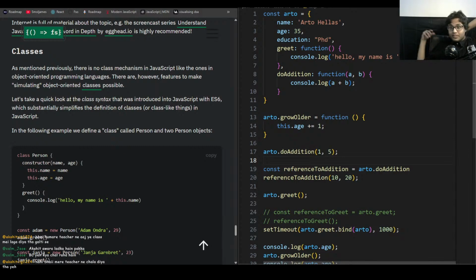As mentioned previously, there is no class mechanism in JavaScript like there was in object-oriented programming languages. There are, however, features to make simulating object-oriented classes possible. Let's take a quick look at the class. There are, however,